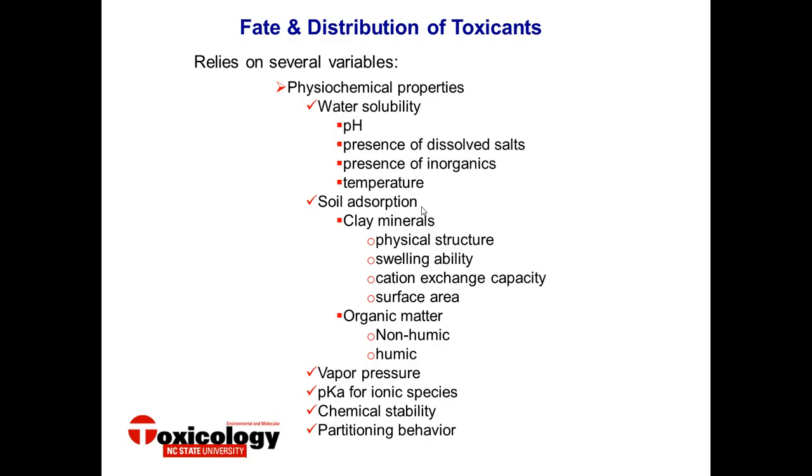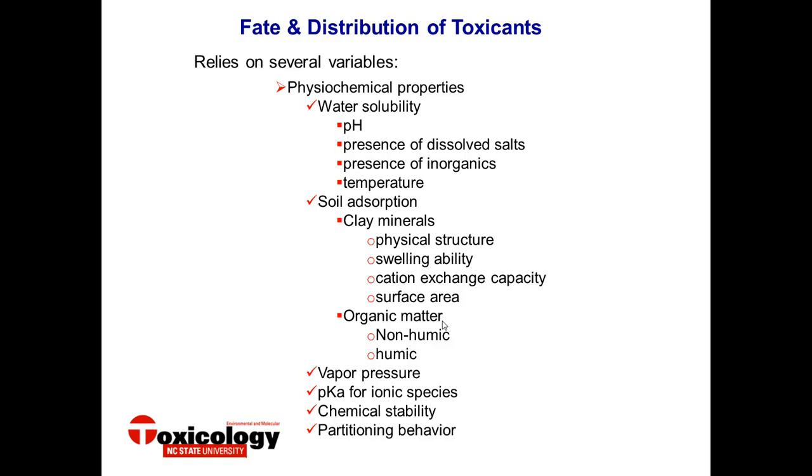It is also important to understand the type and concentration of organic matter that is present in the soil. The organic matter content of most soils usually ranges from 0.1 to around 7%. So most soils have a very low organic content. And this organic content can include both non-humic substances, which are fresh or incompletely decomposed plant and animal matter, and they could contain humic substances, which are more or less completely altered or resynthesized materials, so they've been totally broken